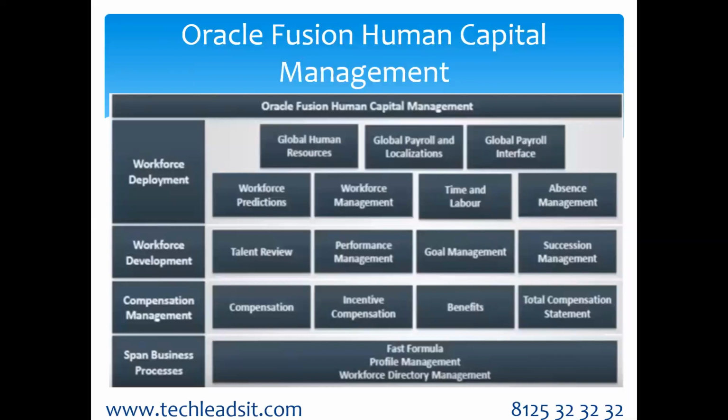And coming to the talent review, I think we have already discussed the talent review in our previous slide. And performance management, so various goals can be defined in the goal management. And we can also define individual employee developmental goals. So in prior versions, we did not have the option to include employee development goals as part of the performance management. Now with the latest versions, whatever goals we define as individual employee goals,